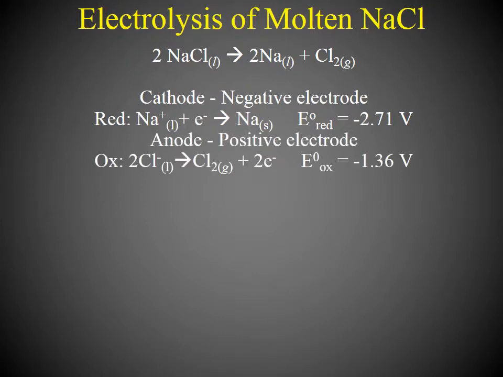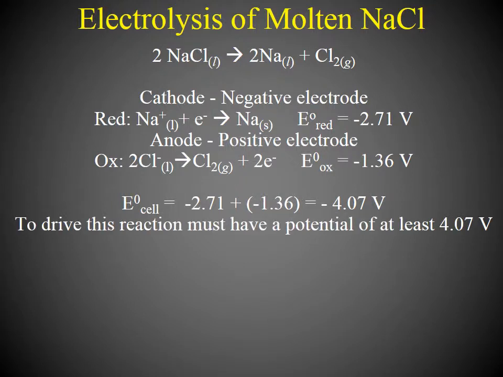Anode is the positive electrode, and oxidation is taking place there, and we obtain this value as well from the potentials table. Now, if we add these two values up, we come up with a negative 4.07 volts. This means that to drive this reaction, we must have at least a potential of